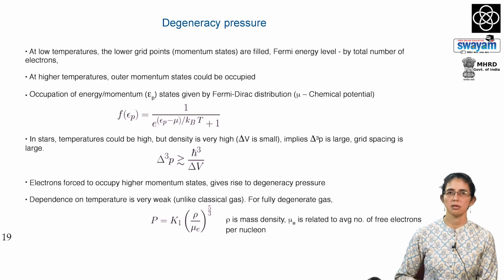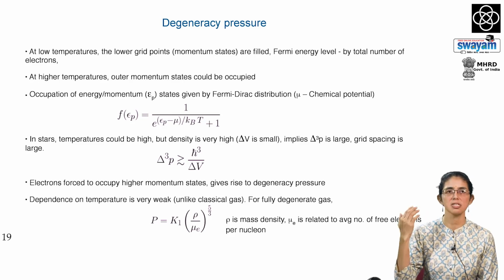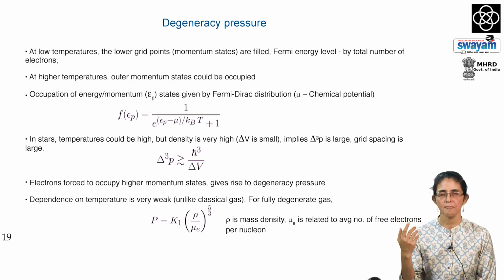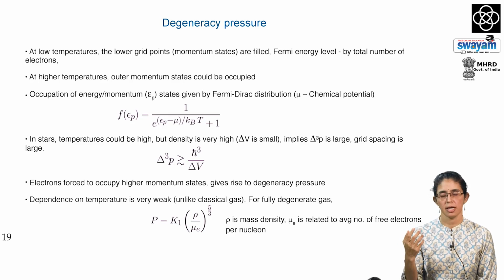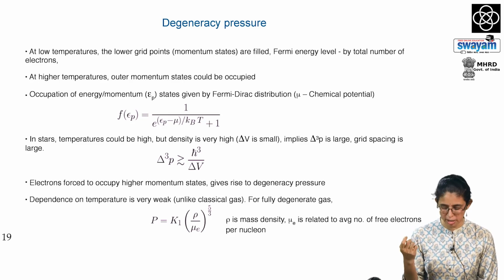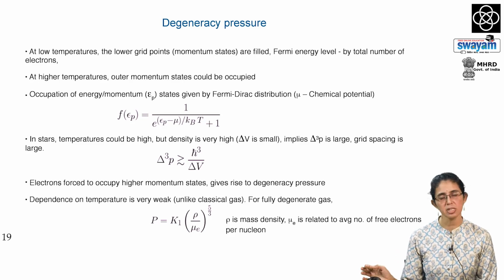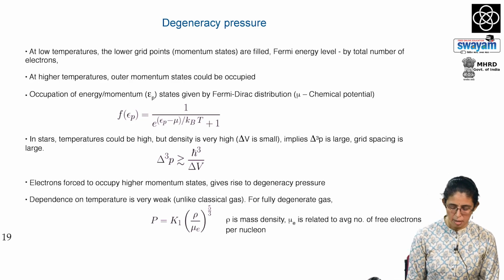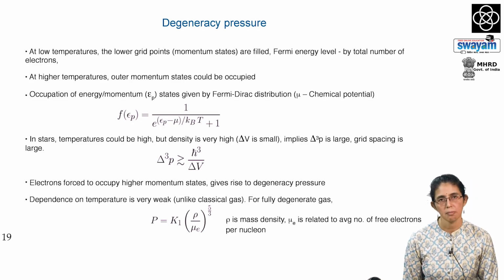That is, the energy levels that the electrons occupy are such that the electrons exert pressure, but they are moving at non-relativistic speed. This degeneracy pressure for a non-relativistic degenerate gas is given as P equal to K1 mass density by